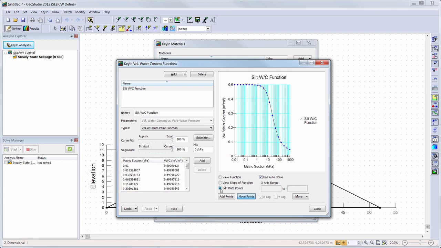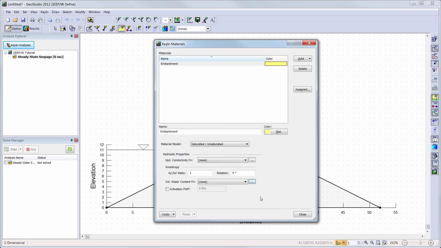The fit of the curve to the data points can also be edited using the Curve Fit and Segment scroll bars, which may be useful if the curve of the function does not pass through the desired data points. The coefficient of compressibility will also be changed to 5 times 10 to the negative 4, 1 over kilopascals. Since I am happy with my current curve, I will choose it from the drop-down menu for the volumetric water